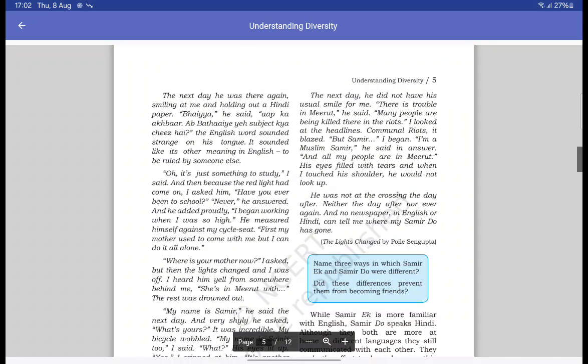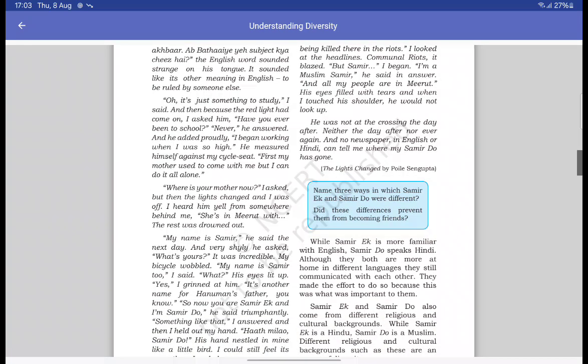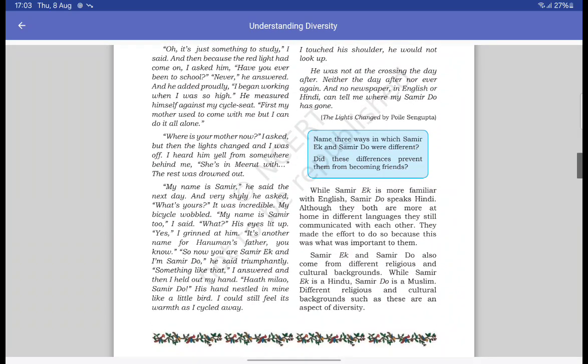The next day he did not have his usual smile for me. There is trouble in Meerut, he said. Many people are being killed there in the riots. I looked at the headlines. Communal riots, it blazed. But Samir, I began. I'm a Muslim, Samir, he said in answer. And all my people are in Meerut. His eyes filled with tears, and when I touched his shoulders, he would not look up. He was not at the crossing the day after, sorry. Neither the day after nor ever again, and no newspaper in English or Hindi can tell me where my Samir